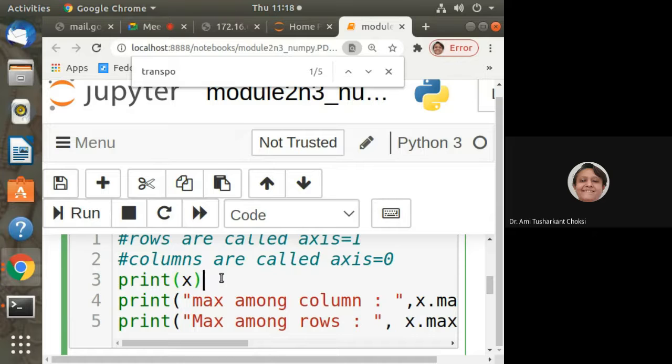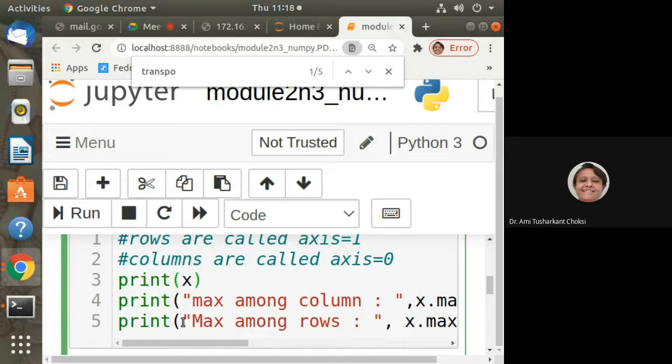This is the way you should show your program to your examiners. If you have assigned a value at the start of your program and then run so many cells, people do not remember what value your x or y contains. So better to go this way. Take care of that.